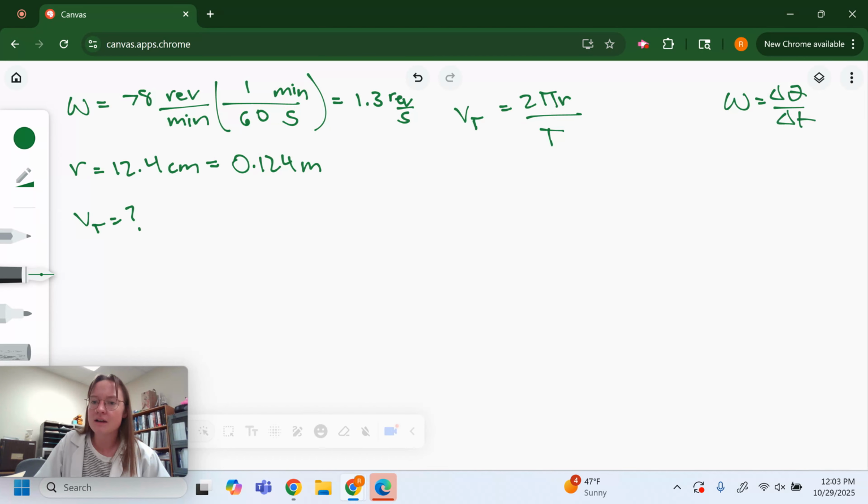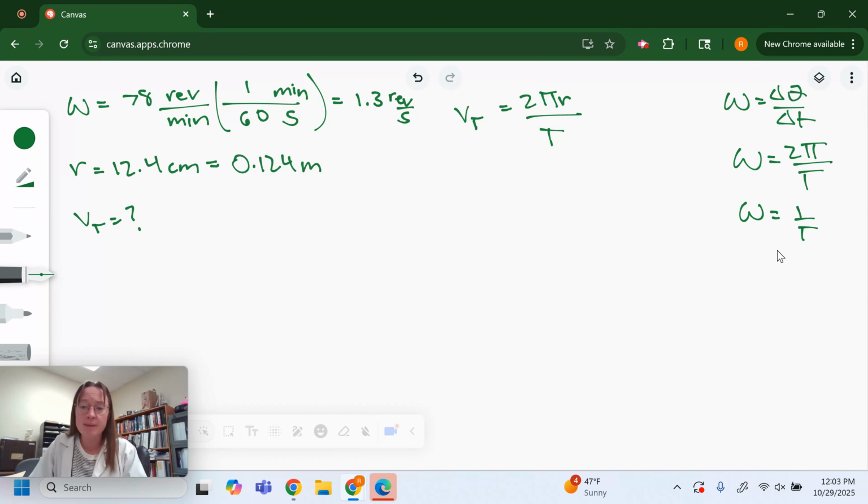I also know that omega is equal to 2 pi over T, and also omega is equal to 1 over T. And I use these different equations depending on my different circumstances. Which one would you like to use? Equation 1, equation 2, or equation 3? And you say resoundingly, equation 3, Miss Wilson, because